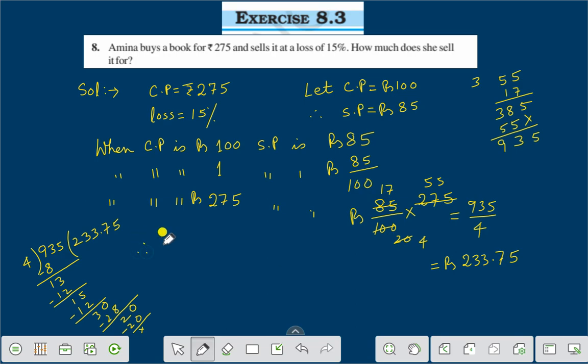Therefore, we can say the answer as: Amina sells the book at rupees